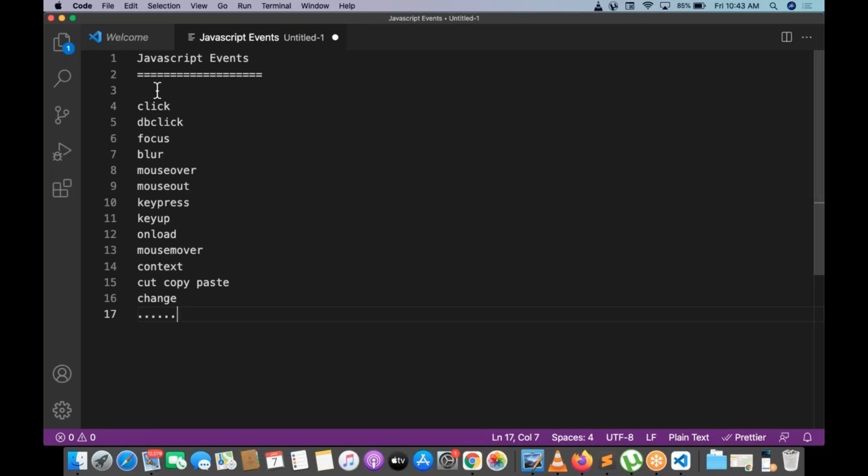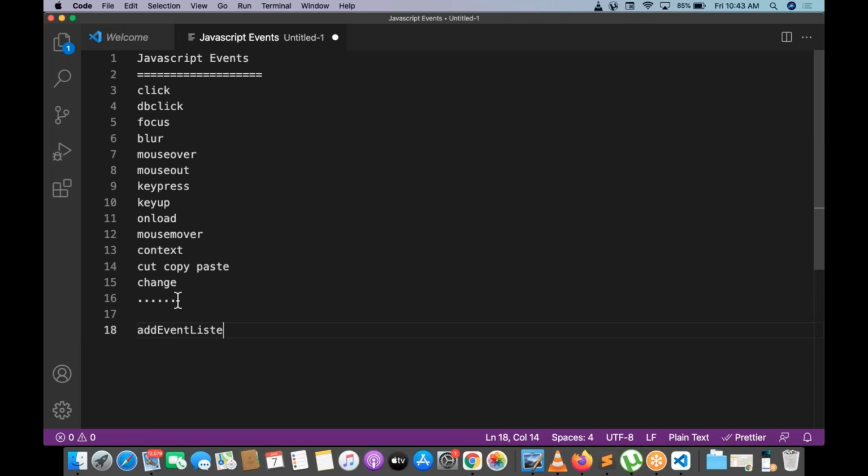First of all, if you want to provide a click event, how to provide the event, all these things we will see. One method is called addEventListener. This is a very important method we have to remember. Inside the addEventListener method there are two parameters, parameter 1 and parameter 2.